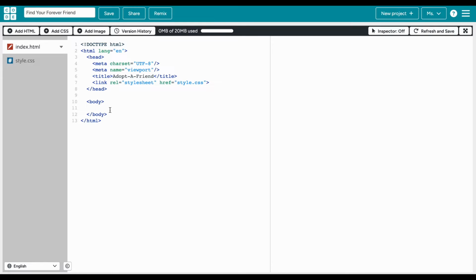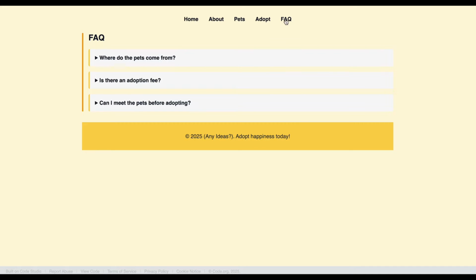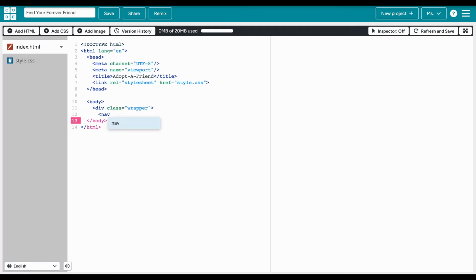So in our body, we will give it a division class wrapper equals wrapper, and then close the tag, and then let's begin doing our navigation, which will include our 5 different HTML pages. So nav class equals main-nav, and then let's start our list, so ul, and then let's do our individual list items, so li, and then